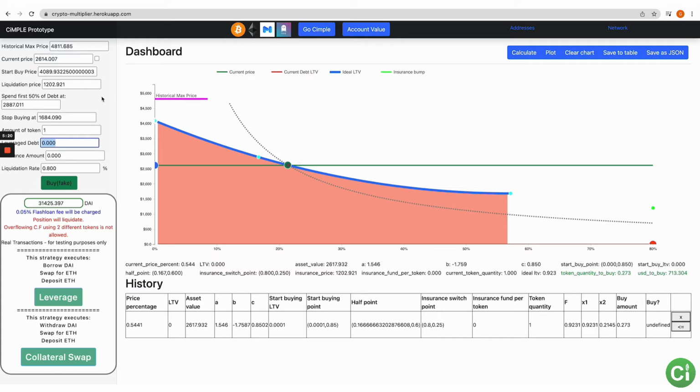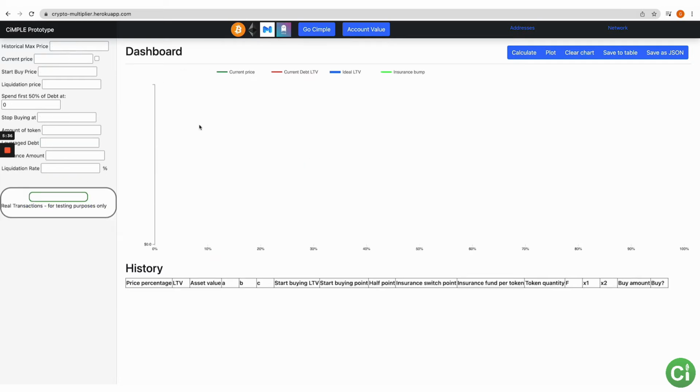Okay, so let's just go over the strategy real quick. Blank page, and we're going to use ETH in this example. We've been using Bitcoin in some of the other parts of this video, but we're going to switch to ETH for this. And so we click the ETH button, right? And it fills in the data here, except we didn't import any of our data from our Instadapp account, so we're going to manually put in data here.